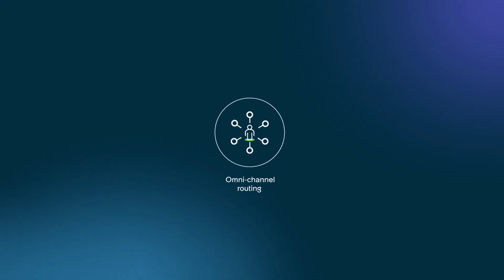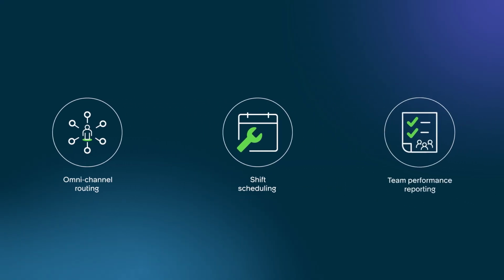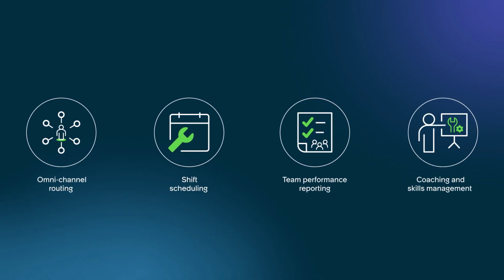Workforce optimization for customer service combines the essential tools that customer service teams need into one integrated and intuitive product. This makes it easier to adapt to the ever-changing technological landscape while meeting the challenge of providing a great customer